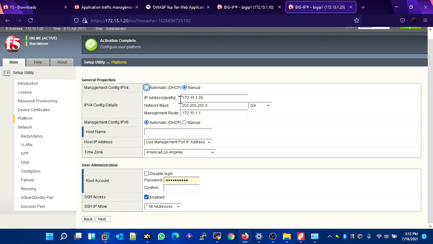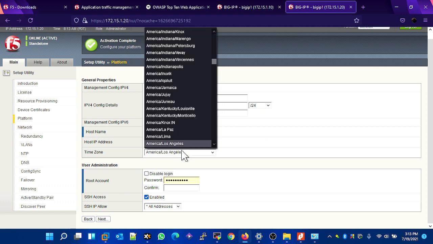So now what we are going to do is change the time zone. For F5, it is very necessary that you should have an NTP server, especially in HA configuration. So let's say I'll change the time zone to my own time zone, that is Asia and